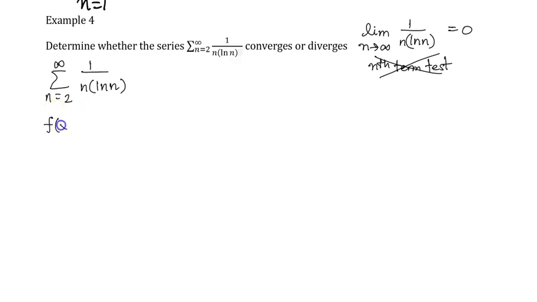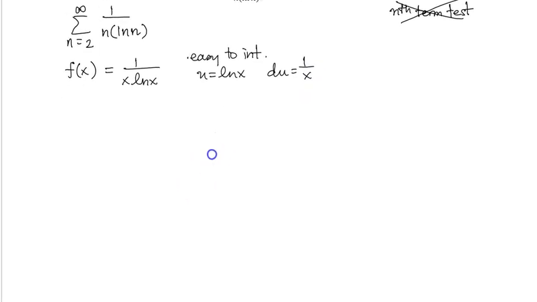So, thinking of what we know so far, if I let f of x be 1 over x natural log of x, I know that's easy to integrate. If I were asked to integrate that, I can quickly see that a u sub will work if I let u be natural log of x, because du is 1 over x. So let's check the other conditions for the